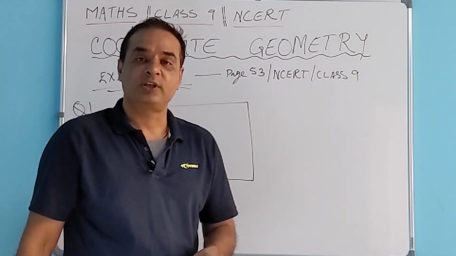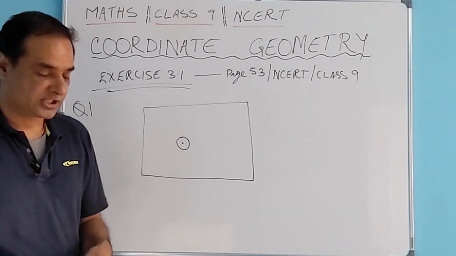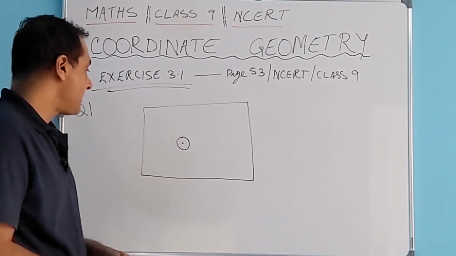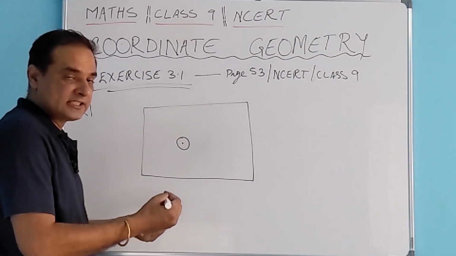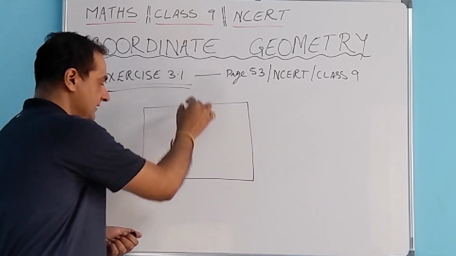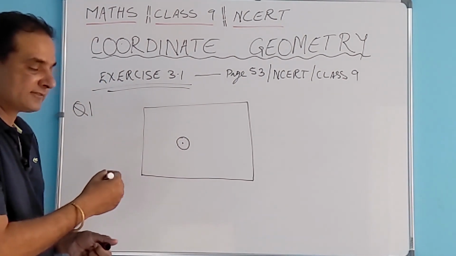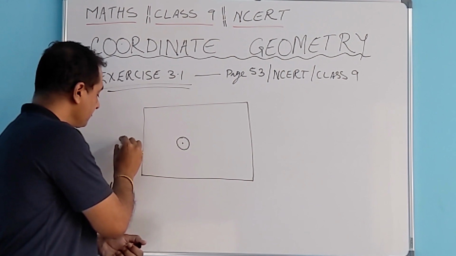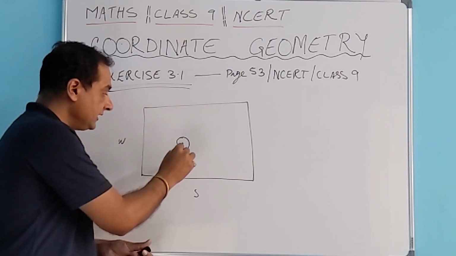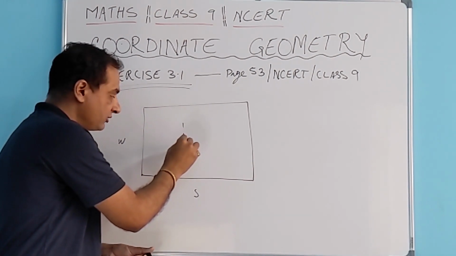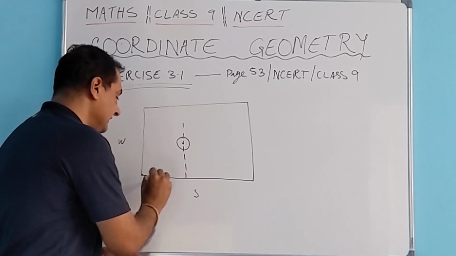And how are you going to communicate this location to your friend or maybe someone else over the phone, where you can definitely not share the pictures? So how to do it? First of all, let's consider that this is the study table you have, and you can define these edges just to identify that this is east west and this is north south. So you can say, if you consider a point which is one of the corners, the west south corner, from here you are going to draw a line which passes through the center of your table lamp base, and you get this distance.